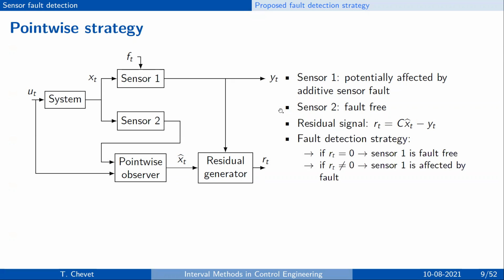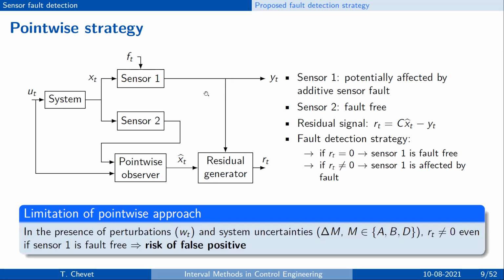Then this estimate is compared to the output of the potentially faulty sensor to generate a residual signal. If the residual signal is zero, the sensor potentially affected by a fault is fault-free. And if the residual signal is not zero, the sensor is affected by a fault. But the limitation that will appear with this pointwise approach, in the presence of perturbations and of system uncertainty, sorry, is that the residual signal might be different from zero,